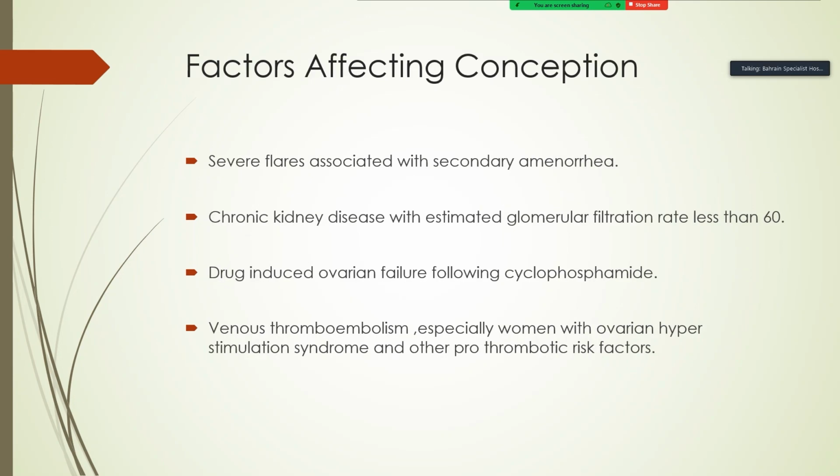So these are the factors affecting the conception. It includes if the patient is having severe flares with secondary amenorrhea, if she is having chronic kidney disease with GFR less than 60, or drug-induced ovarian failure. I talked about this. Cyclophosphamide is the one causing drug-induced ovarian failure. And if a patient is having venous thromboembolism, or women with ovarian hyperstimulation syndrome, or she has some prothrombotic risk